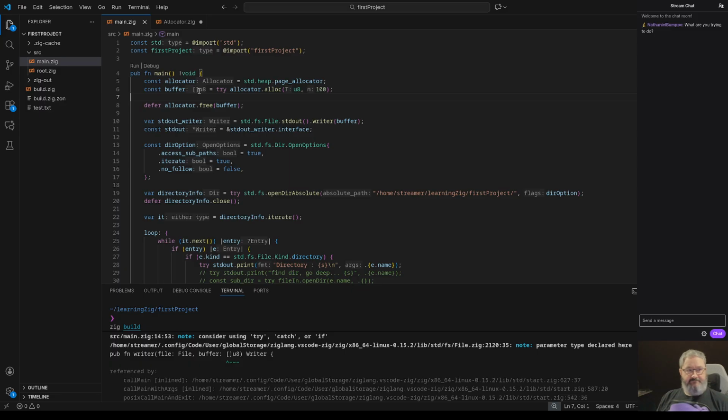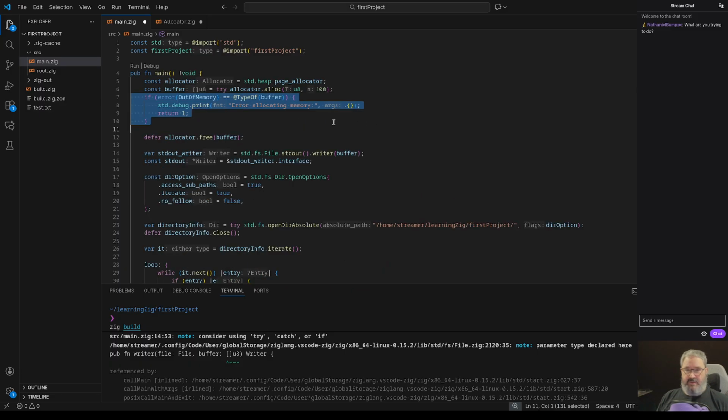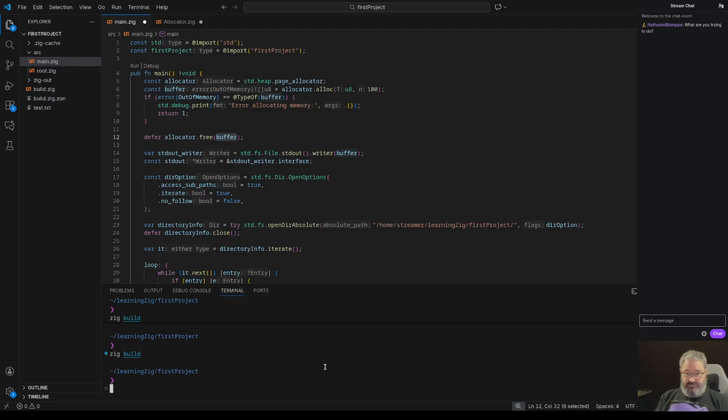So that's what I'm trying to do. I want to catch the error so I can learn how to handle errors. And this seems to be the way to check if it's of the type error out of memory. And then I just wanted to print out the error and return nicely. But then we have the wrong type here. So we can't just use it out of the box. So if you have any inputs, please, as you can